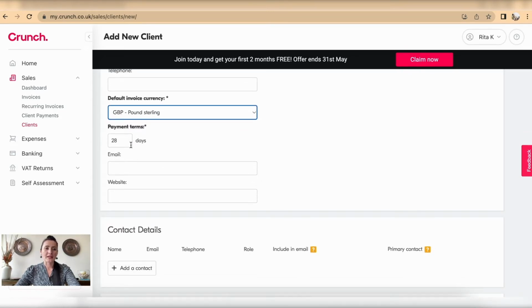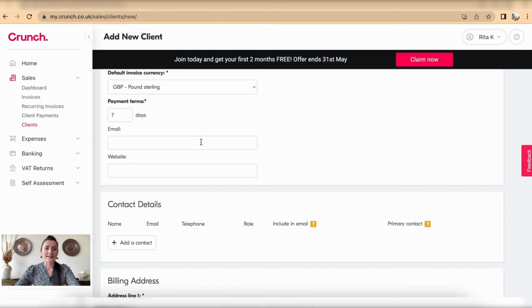Payment terms. So we can allow this customer to pay not, let's say, immediately, but give a couple of days or even a month or 2 months for them to pay this invoice. So in my case, I would say that I would give 7 days. These are my payment terms and conditions to my customers, but you apply your payment terms and conditions and what you have agreed with your clients. You might have some clients who need to pay immediately, so your payment terms will be 0 days. Okay. Add an email address, so emails can be sent to this customer with an invoice, and also